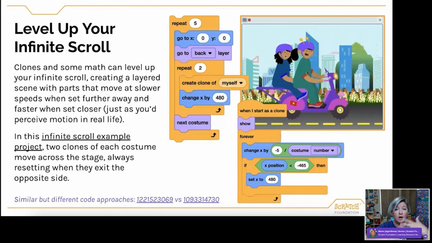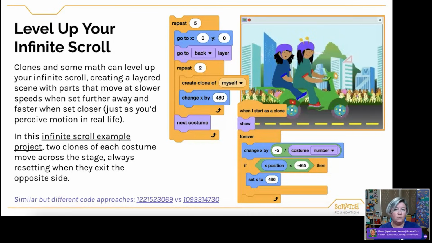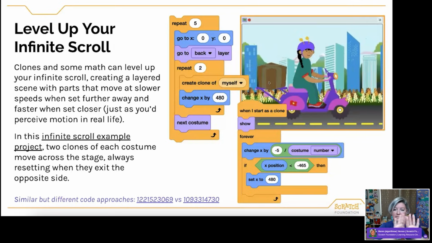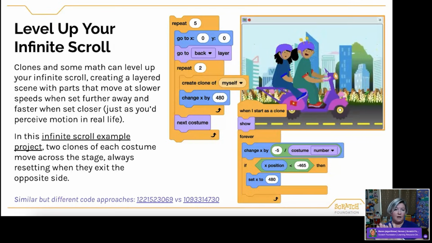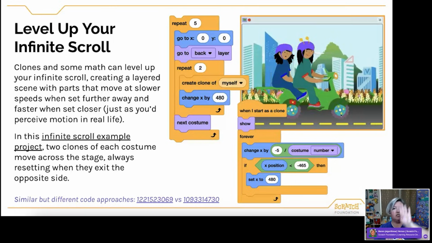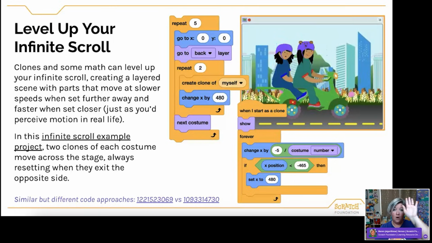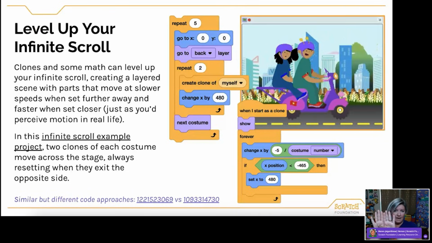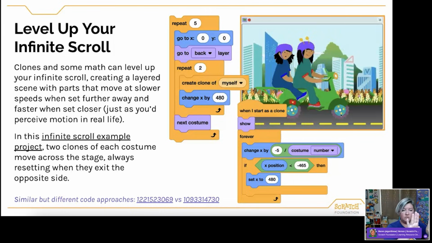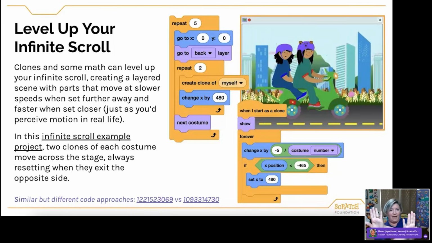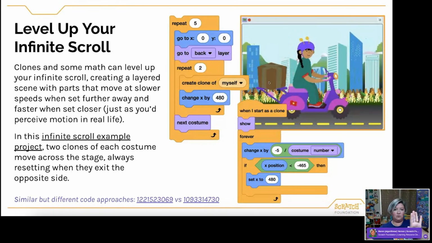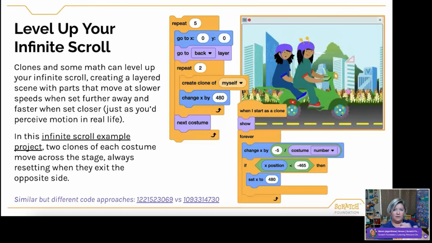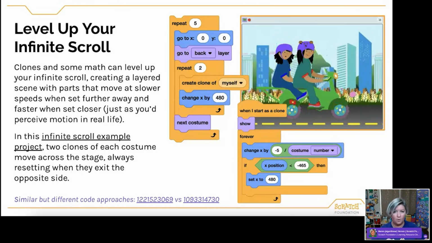What we are doing is, again, creating a layered scene. In this case, I have something like 6 costumes here. And what it is doing is using that same concept of having parts follow each other. In this case, it's creating 2 clones. One here centered on the stage, the next one set to follow it on the stage. And they're constantly following each other. And as one reaches the edge, it goes back and starts over again. And they just keep flipping as they go across the stage. But it gives it this feeling of constant scroll, this infinite scroll.